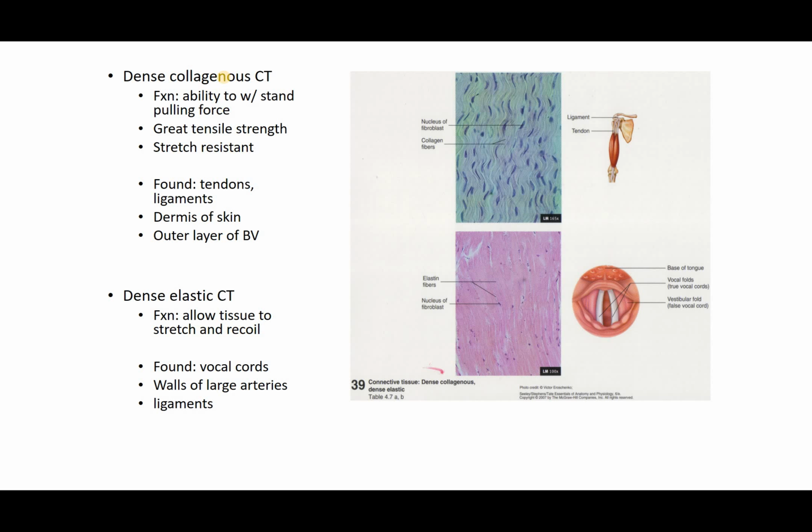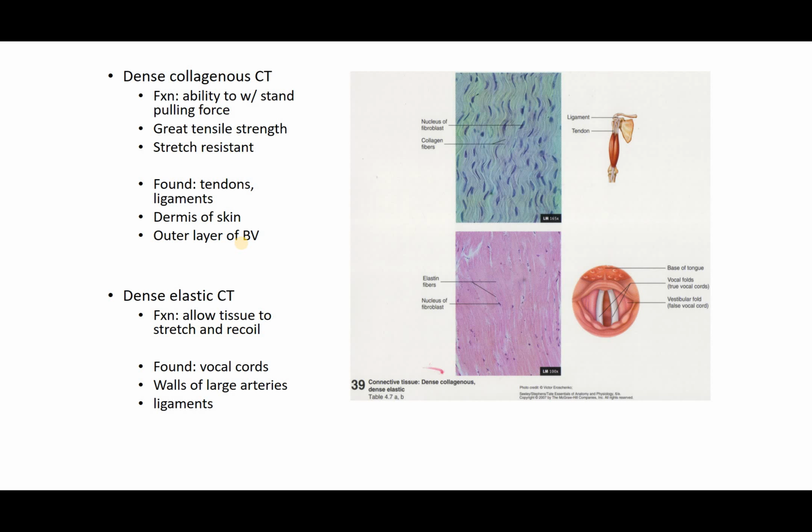It has great tensile strength. It is stretch resistant. So these are found in your tendons and ligaments. Also found in the dermis of skin and the outer layer of blood vessels, which gives skin and blood vessels some